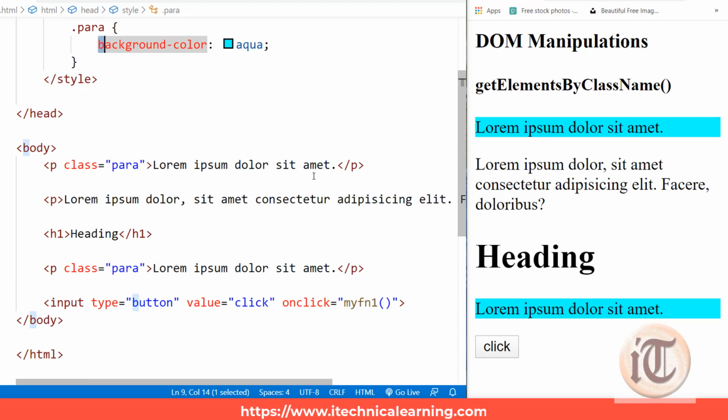Now with the help of JavaScript, I want to count the paragraphs that are associated with a particular class.